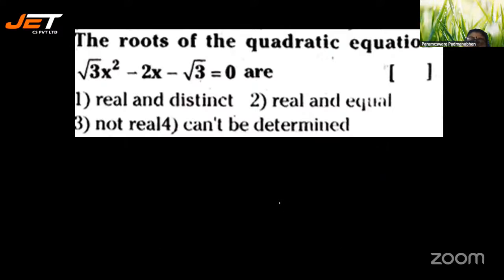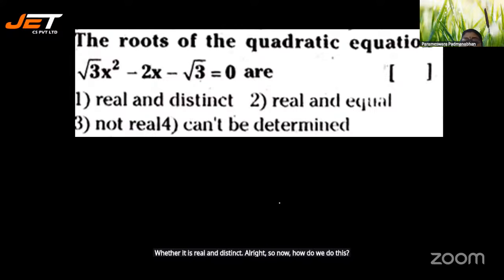Your next question says, the roots of the quadratic equation root 3x square minus 2x minus root 3 is equal to 0 are real and distinct, real and equal, not real, can't be determined. Okay. So you just have to say the roots of the quadratic equation, whether it is real and distinct. All right. So now how do we do